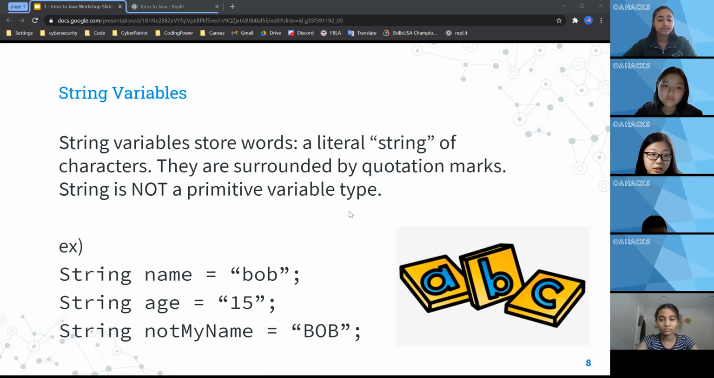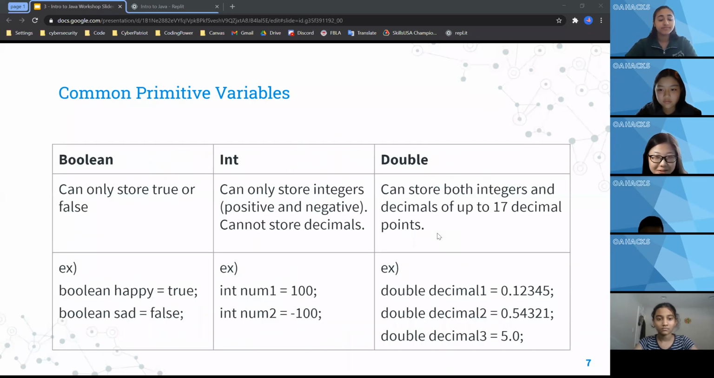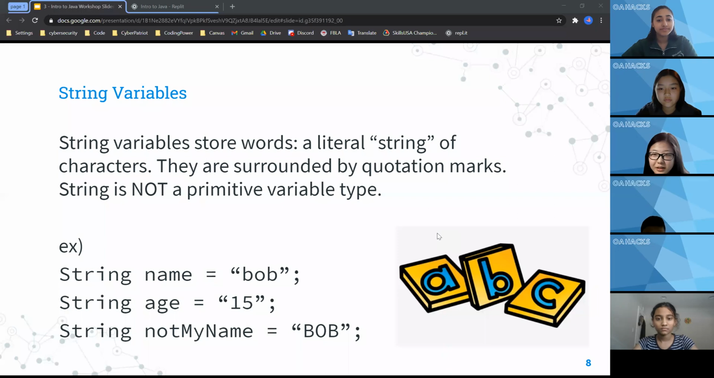Next, we have string variables. Strings are not primitive variables. Okay, sorry about that. Next we have string variables. If you guys are taking notes, do you want to stay on the previous slide, or is it okay if we go on? Okay, I'll take that as a go on. So we have string variables. String is not a primitive variable type, but